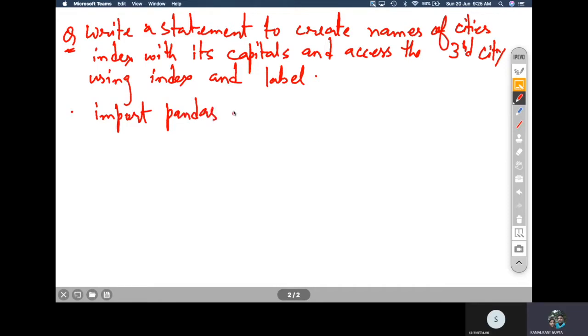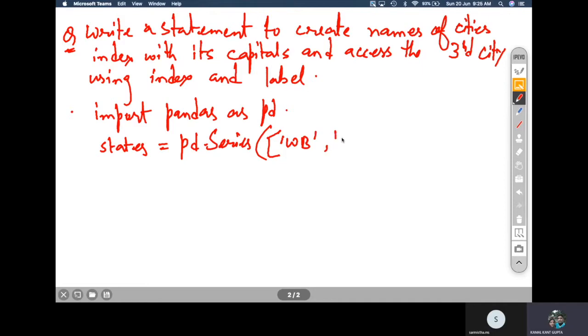Then you simply write states is equal to pd.Series, and you can create a series of states: West Bengal, Uttarakhand, Bihar, and then UP.